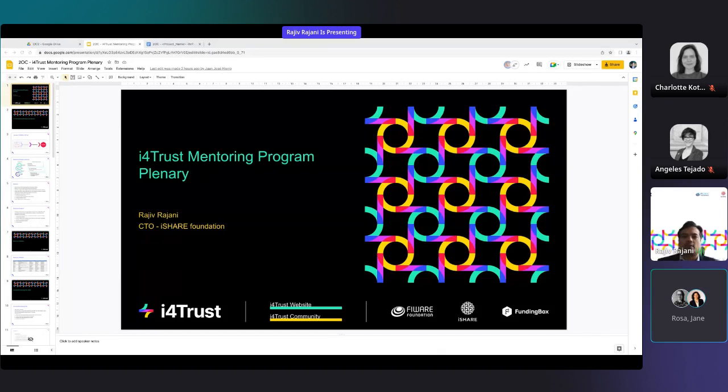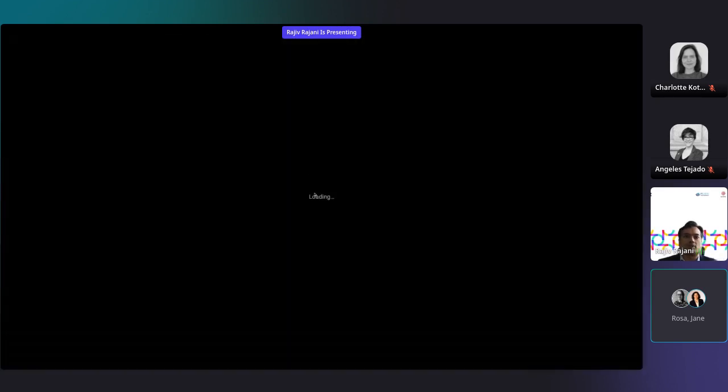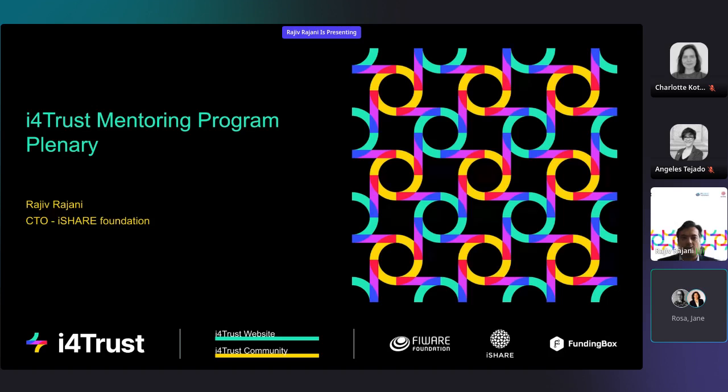So, as we said, we'll continue with this plenary session now with introduction to the iFortrust mentoring program, where we'll go through how the mentoring program looks like and also introduce you to the individual mentoring plan, which is the document which will be our reference point for both of us to go through the mentoring program. Let's get into the more details.